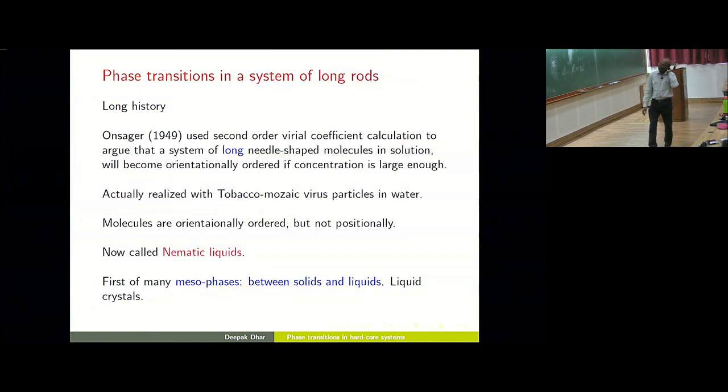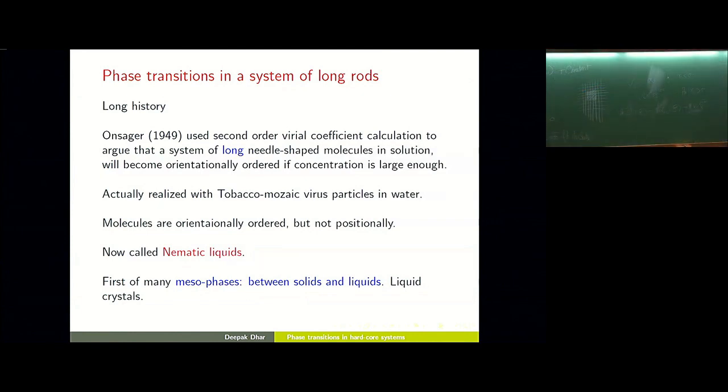The third virial coefficient is very tough to calculate. So he couldn't calculate the third virial coefficient in closed form. And so he said that, well, suppose you take the large anisotropy limit in which the length is much bigger than the width, but in some suitable way in which the length and width are related so that the second virial coefficient is constant. Then in the limit, let us say,